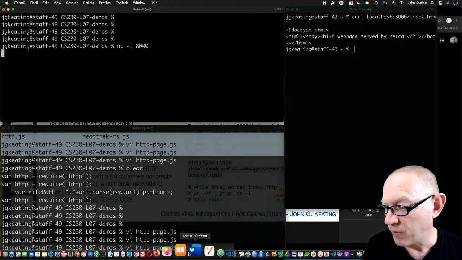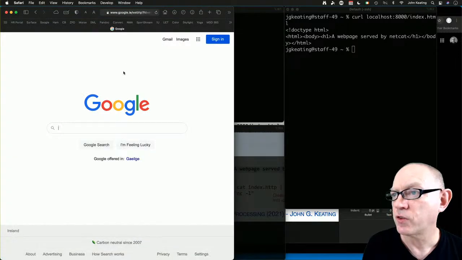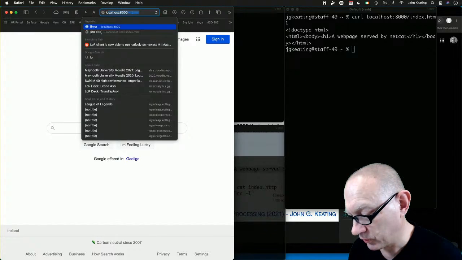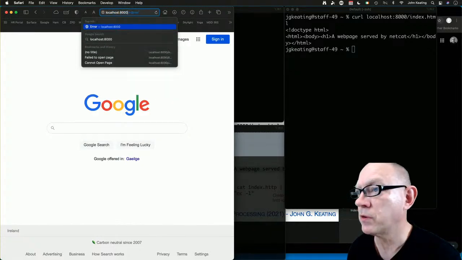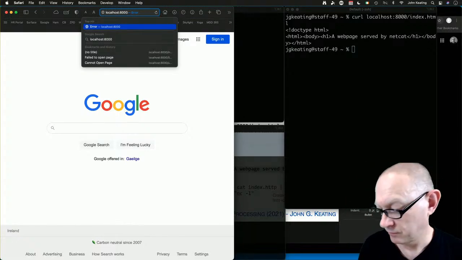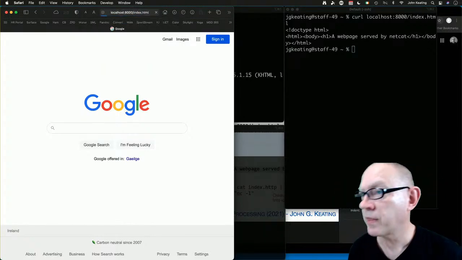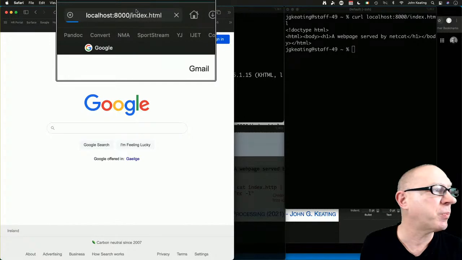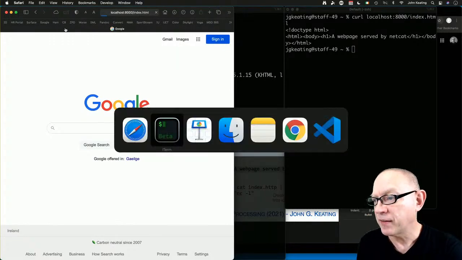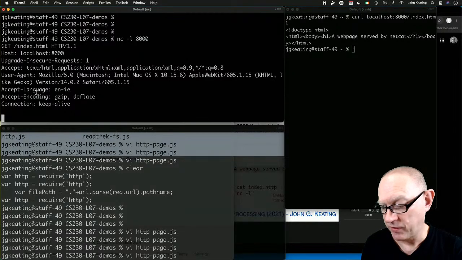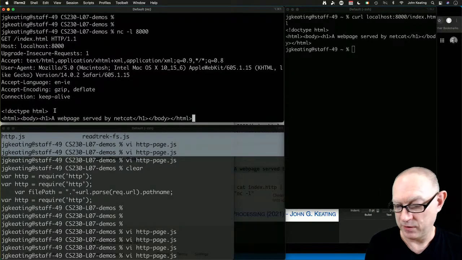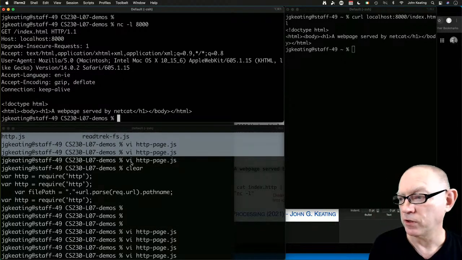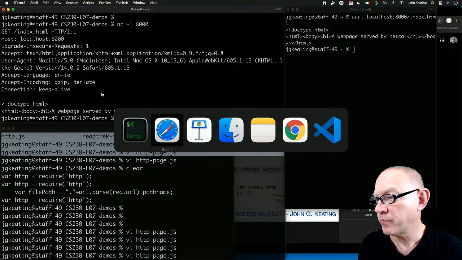And this time, I'm going to use a web browser to access it. I'm going to say to the web browser, localhost 8000. It's sitting and waiting. You'll notice that nothing has happened. We're actually waiting for the host to respond. Okay, so let's go back here and we'll see this in a second. So I'm going to send in my HTML again that I've written. I'm going to send that back, and hopefully when we go back to the browser, Chrome,